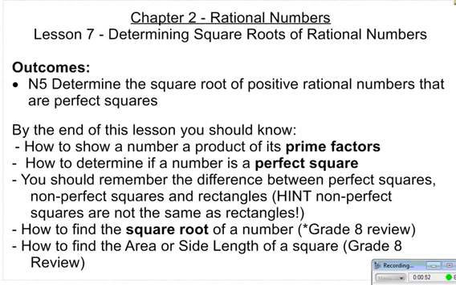I would suggest, before you start this section, that you remember what the perfect squares are. So 2 by 2 is 4, 3 by 3 is 9, 4 and 9 are our perfect squares. You might want to make a little cheat sheet for this. We might make one in the class as well, but it would be helpful for you to have. I might even let you use it on things like quizzes and tests. So our first couple examples